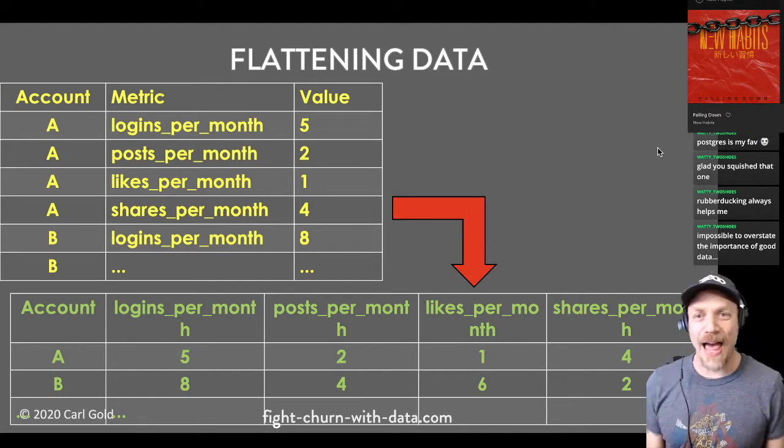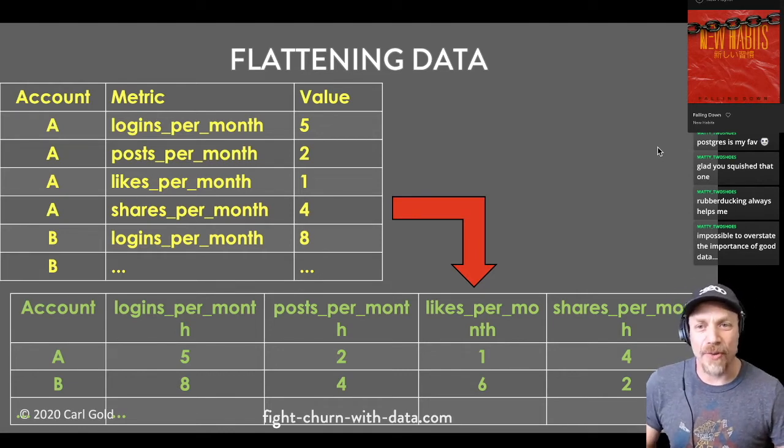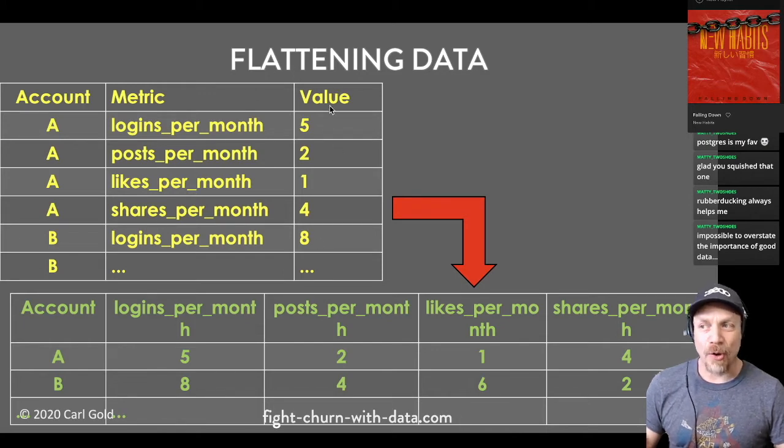Now, this flattening the data is actually a technical step where the way data sets work, if you haven't seen it before, is that every row is for one observation. In this example, the data set is on the bottom. On the top is how the data is stored in the database, in the metric table. We didn't look at the metric table, but we could in a minute. But it's like any table. You have a column for the account, a column identifying the metric, and then another column which gives you the value for the metric. So all the values are in one column.